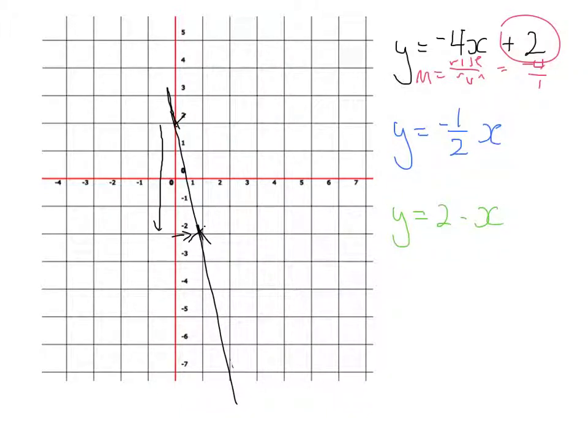Okay, for the second one that we have, look at this. We have y equals 1/2 x. What we can do is we can pretend that this is a plus 0 if there's nothing tacked on the end, which tells us that our y-intercept is going to be 0. Right in there. That middle, if you remember, is called the origin,